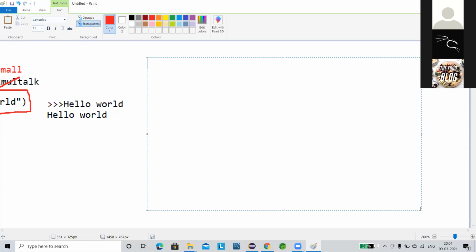Using Python, what are the applications we can develop? The applications using Python: one is that Python can be used for system programming. But in India, mostly Python is not used for system programming.